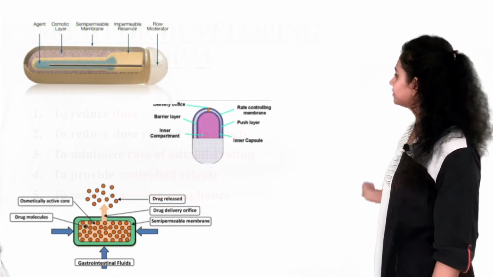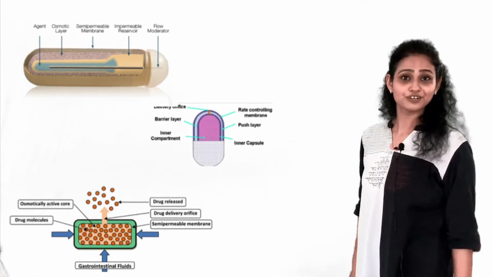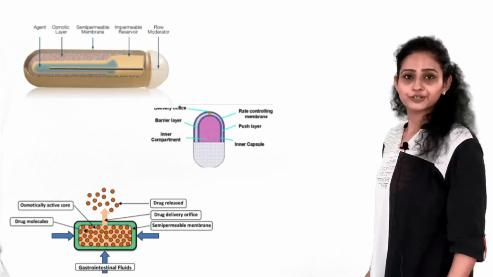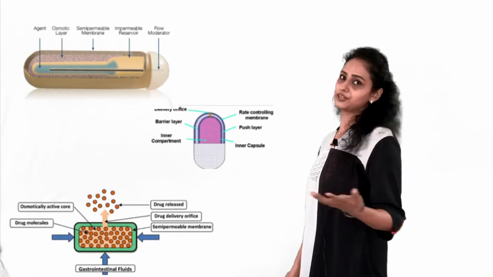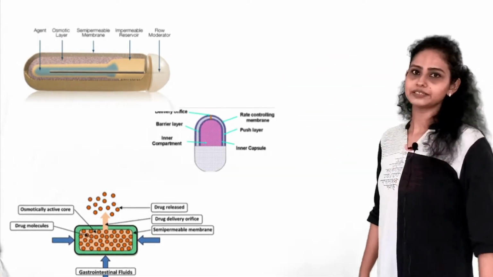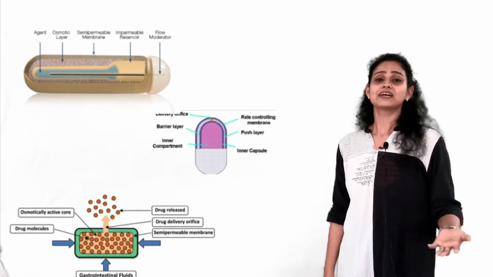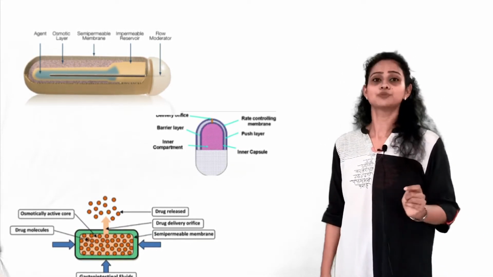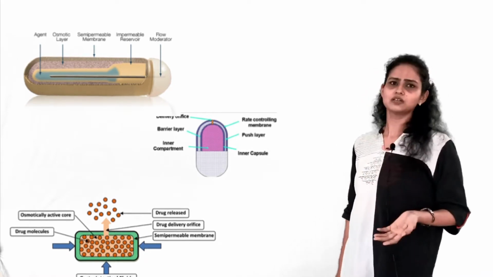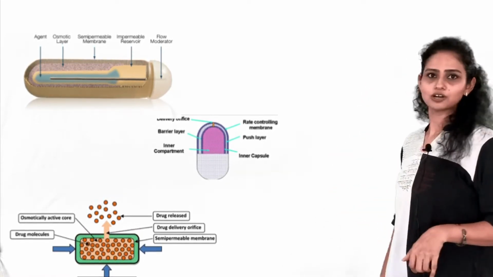These are the different dosage forms showing how osmotic drug delivery looks. They are available in 2 categories, implants and orals, that we will be studying in detail. In oral we have tablets and capsules, and implants means we have to insert them into the body. This we will be learning in the next video, so I am not focusing much on it right now.